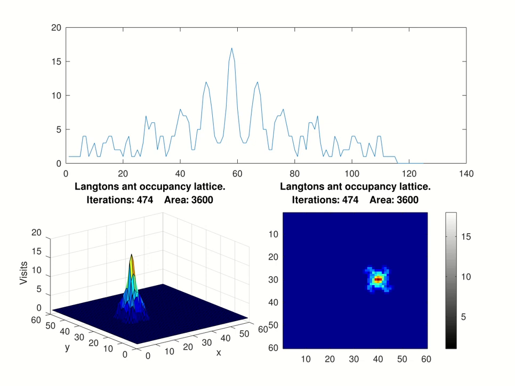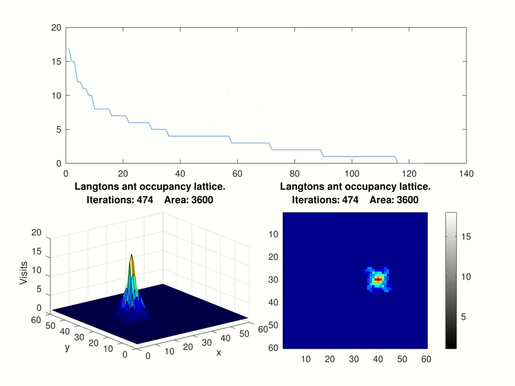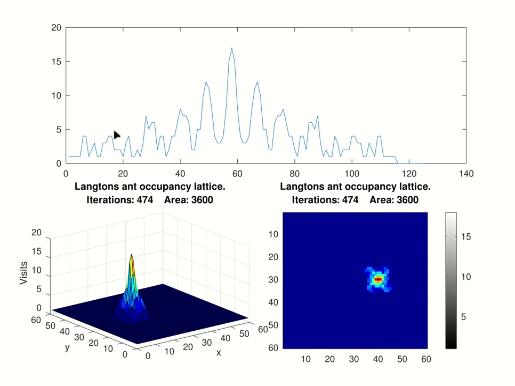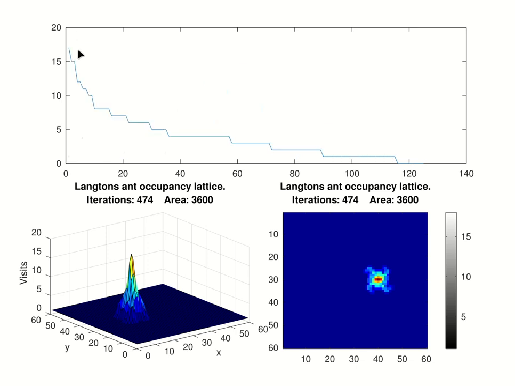So what we've done now is we're going to take all of these values and order them from highest to lowest. We're just going to shuffle them around so that the highest is on the far left, and then they become minimum and minimum until they drop down to the bottom. And what you'll find is you get this plot. And this is quite an important plot because what it means is that this point here